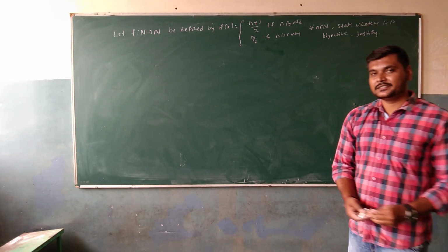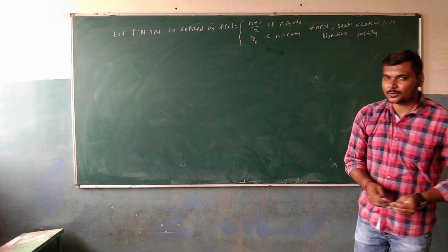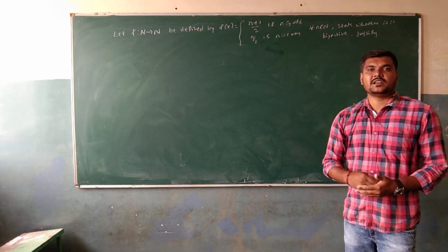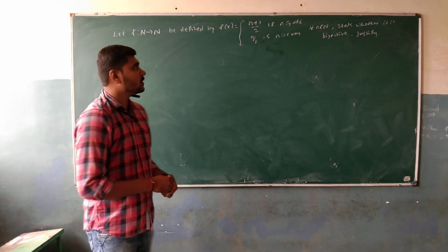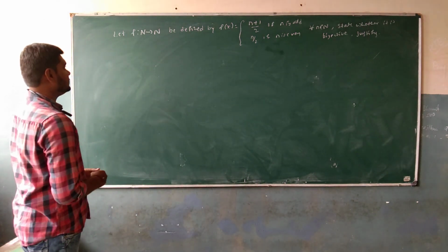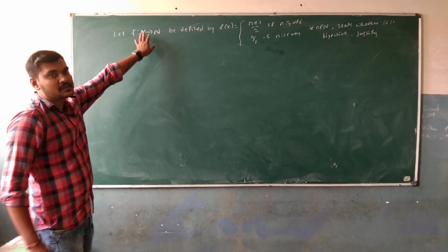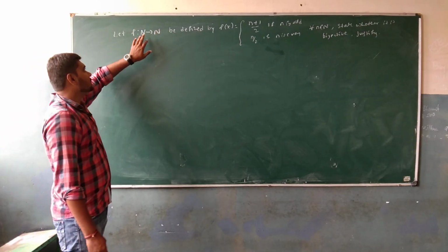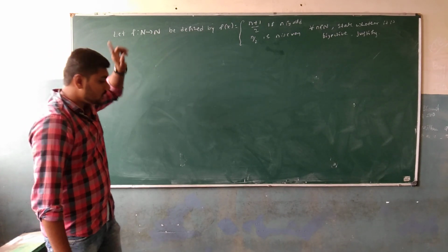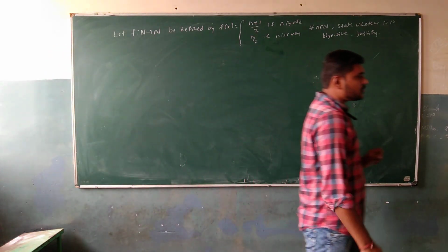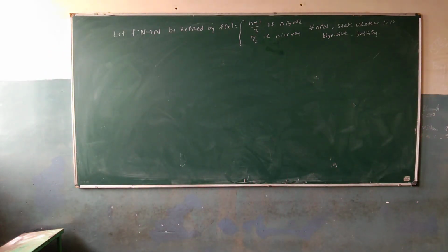Hi everybody. I am going to discuss some more problems related to the bijective function. Here is the first problem. Let f from N to N. Here the function is defined from natural numbers to natural numbers. Then N is going to be the domain, and again N is going to be the codomain, and the function is defined that